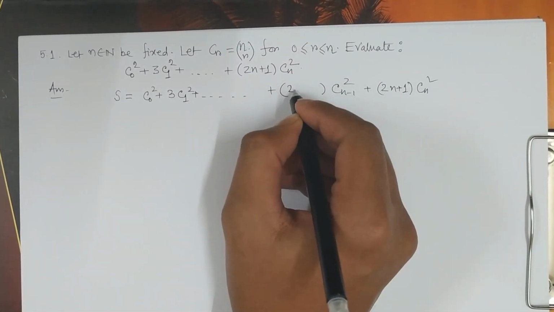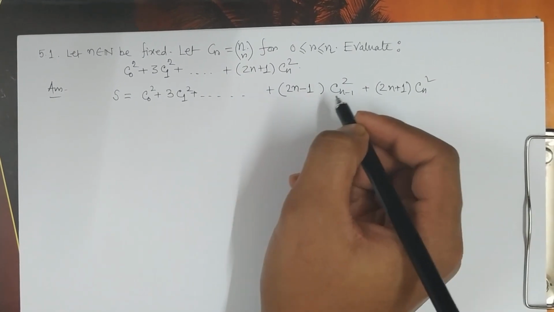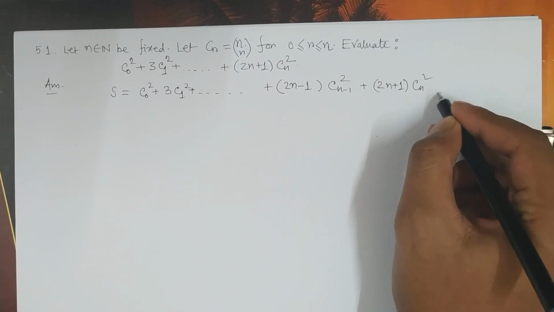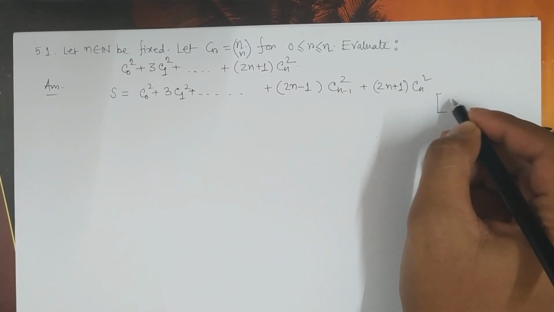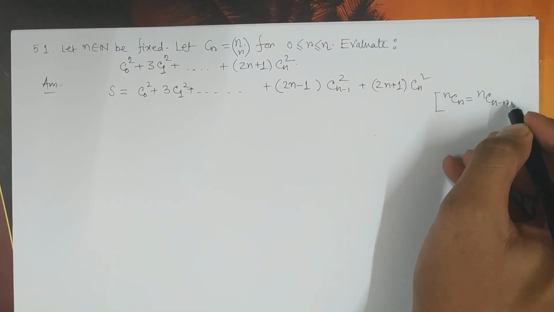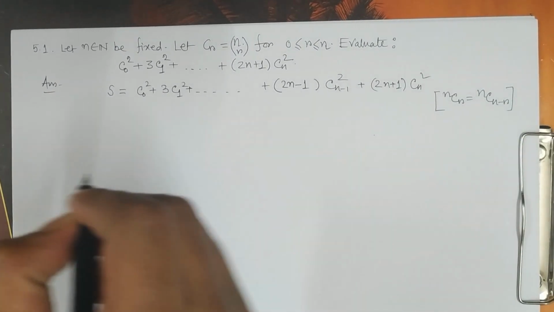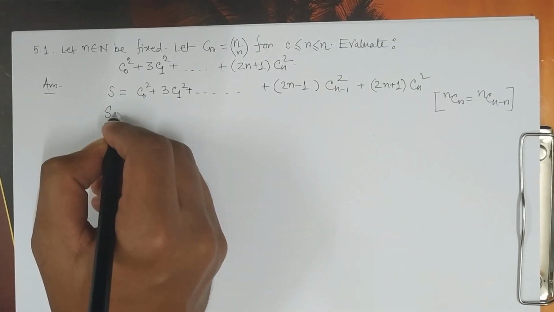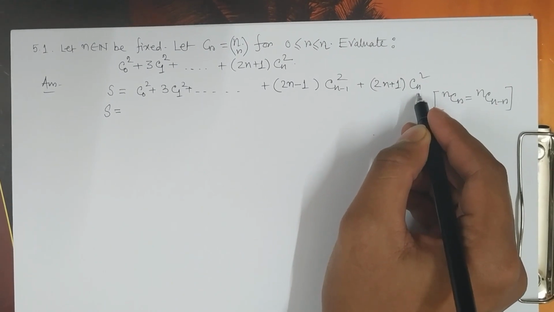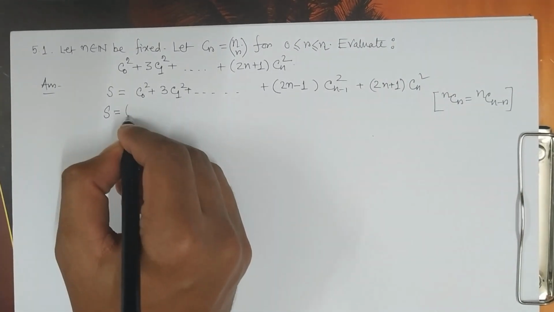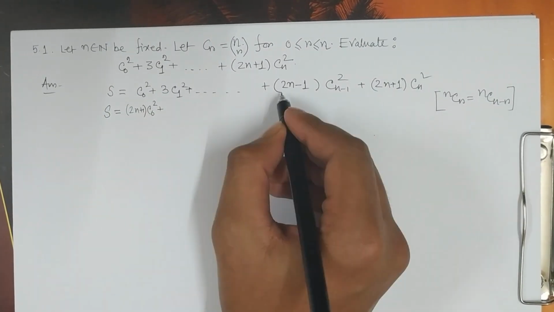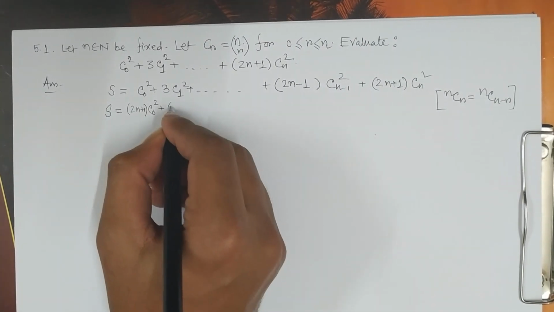And here it will be 2n minus 1, and we all know the property that nCr equals nC n minus r. So if we use that property here, what we get is that here it will be C0 square, right? So we will get 2n plus 1 into C0 square. Next we get 2n minus 1 into C1 square,